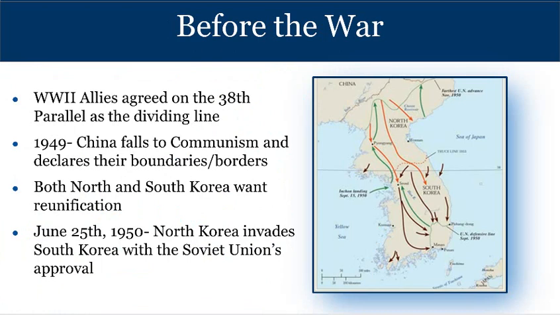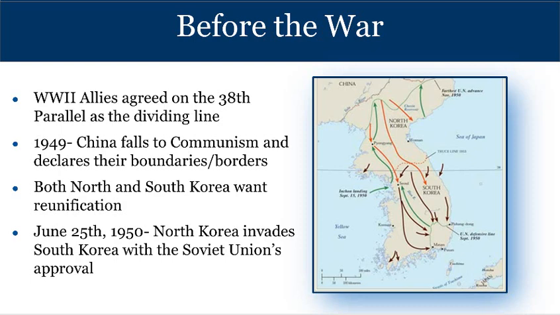So the issues in Korea really start before 1950. In World War II, Japan had invaded Korea, and Japan gets as far into Korea as the 38th parallel. When the war is over, the United States and the Soviet Union are dividing up land, and so they decide to divide Korea in half on the 38th parallel. That is what we call an artificial border. There's not a language difference, there's not a cultural difference, there's not a racial difference between North and South Korean people, there's not a mountain, there's not a river, there's no geographic barrier there.